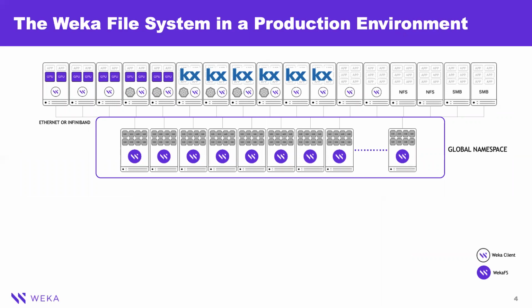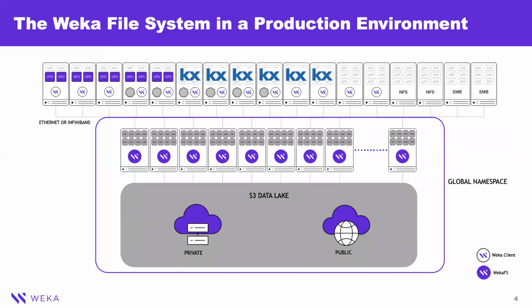This is what we typically look like in production. You have a bunch of GPU nodes, or it could be CPU-based nodes running KX KDB+. And we have a cluster of storage appliances that are based on any of the standard server vendors from any of the major vendors. We have reference architectures with all of them. Our software is layered on those storage nodes with local SSD, and we present a global namespace to your application that can continue to scale out as you add more nodes. Internally, if you want to, and by the way, this is something you can do on day one or later, we allow you to tier seamlessly to an object storage.